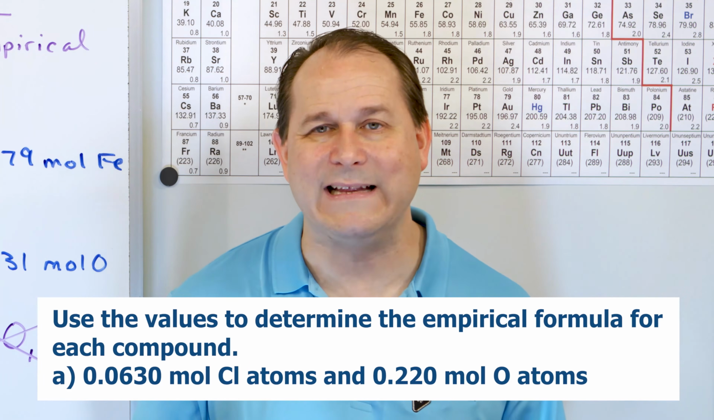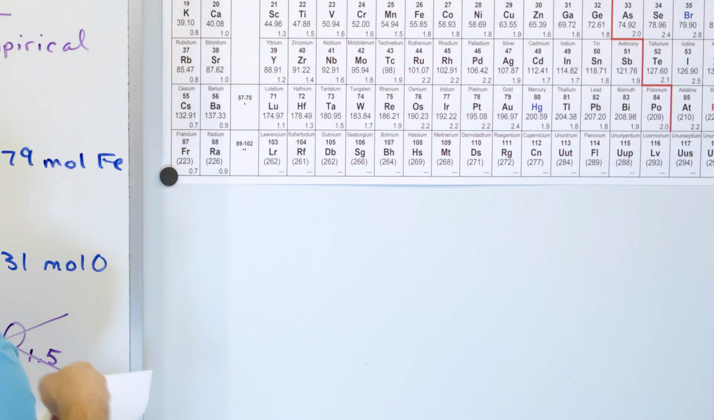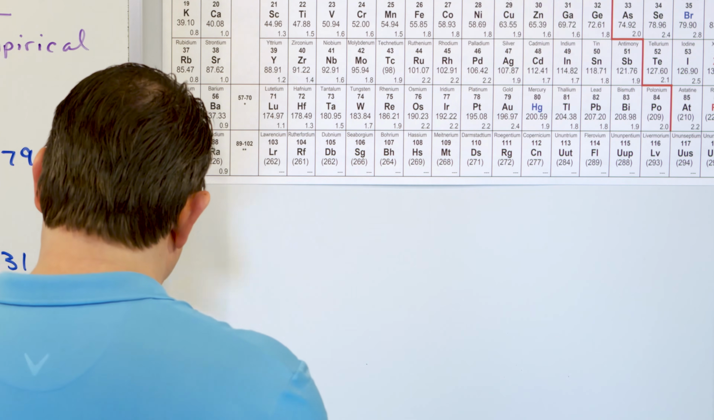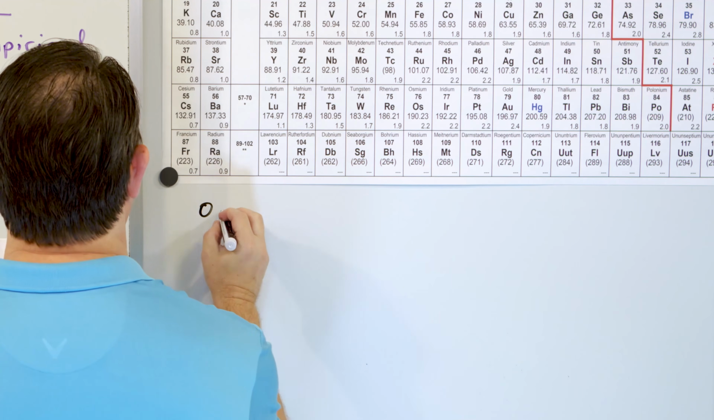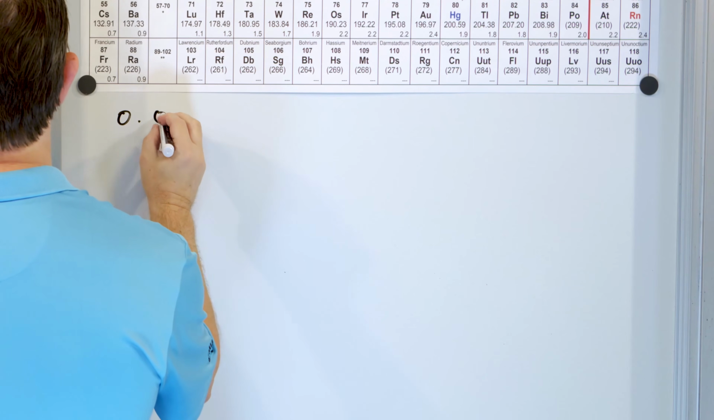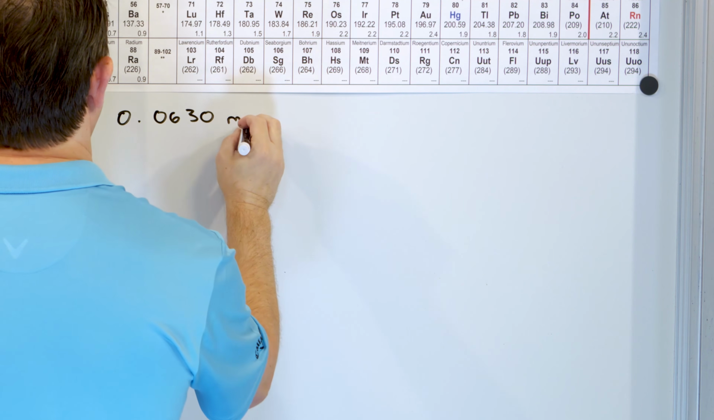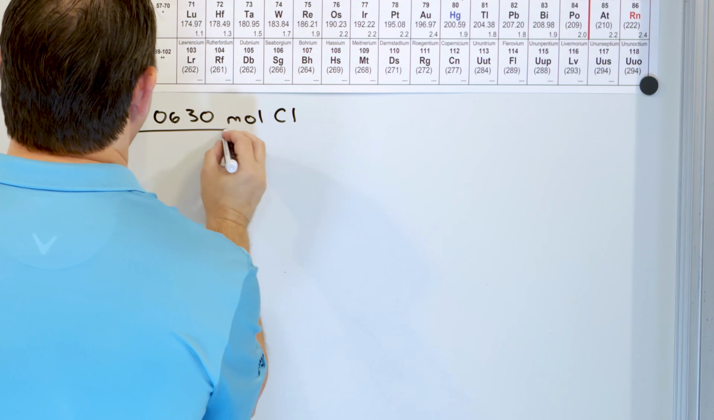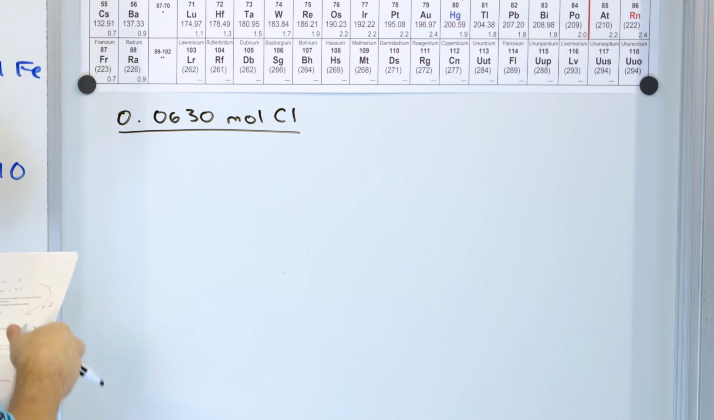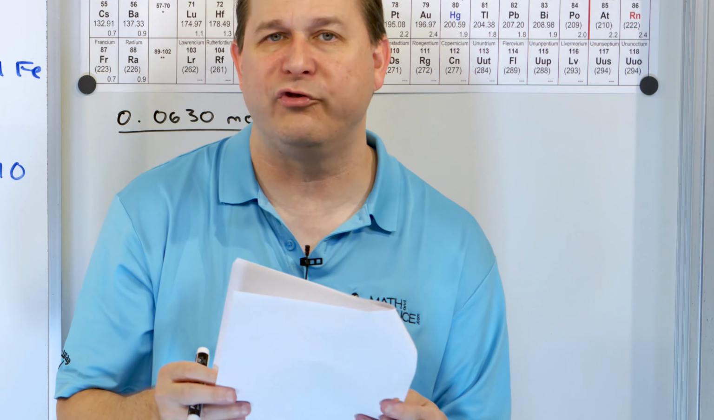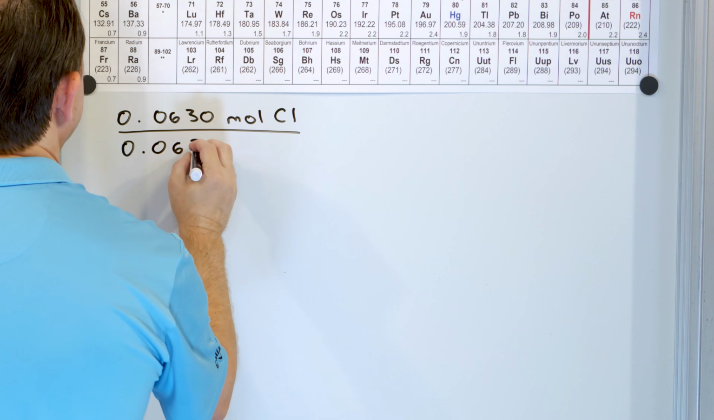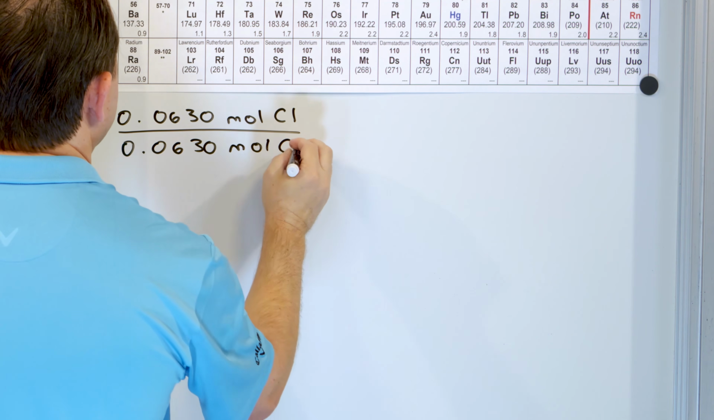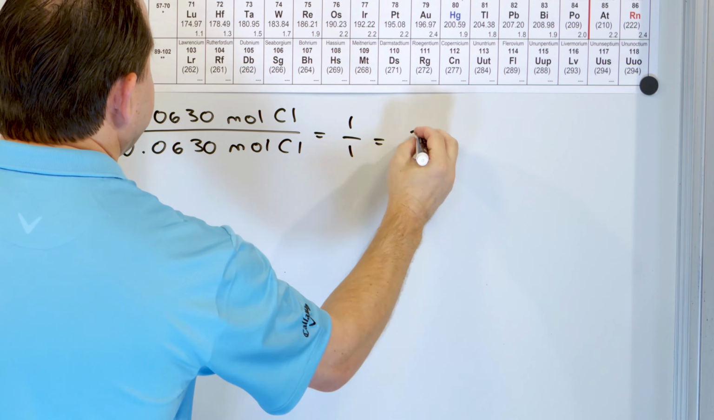We can just directly calculate the mole ratio. All right, so how many moles of chlorine did it say we had? For chlorine, it said we had 0.0630 moles of chlorine. Now, we always want to divide by the smallest amount of moles we have, and the smallest is the chlorine, because for the oxygen, it's much bigger, 0.22. So we don't want to divide by that. We want to divide by the chlorine, 0.0630 moles of chlorine. Of course, this is a ratio of 1 to 1, which is the subscript of 1